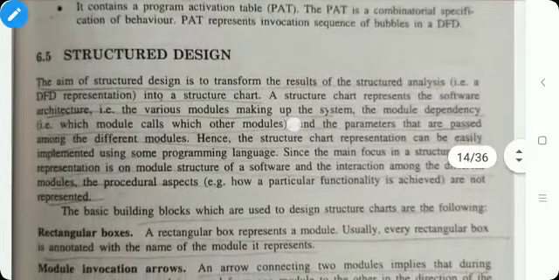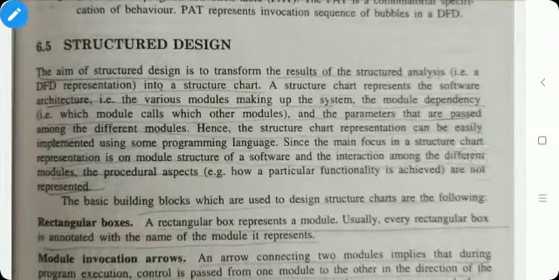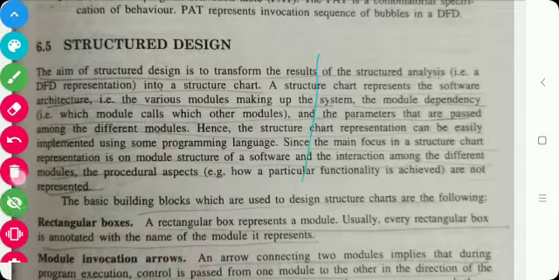Basically, the aim of structured design is to transform the result of the structured analysis into a structure chart. In structured design, the result of the structured analysis is transformed into the structure chart, and the structure chart represents a software architecture. Software architecture means, as we know, the software has different modules. So this software architecture represents the various modules that are used in the system,